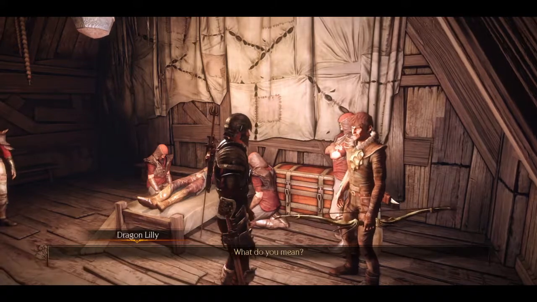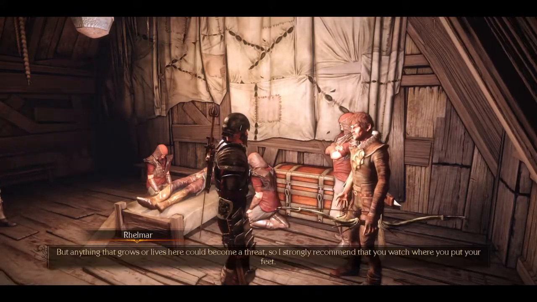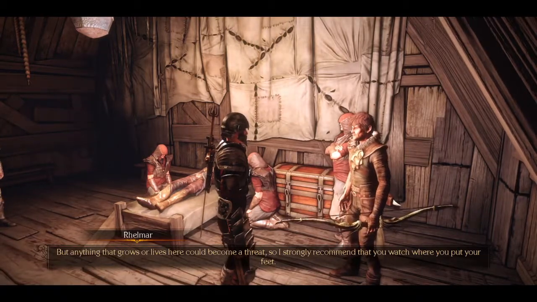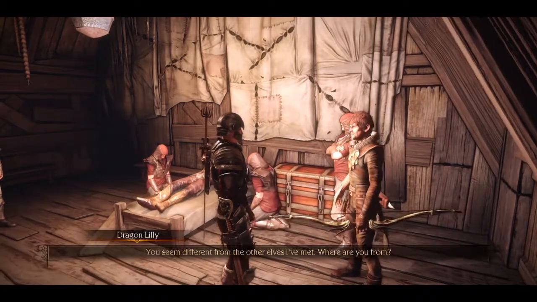Uh-oh. What do you mean? Something is affecting the swamplands, corrupting the vegetation. But anything that grows or lives here could become a threat. So I strongly recommend that you watch where you put your feet. Okay. You seem different from the other...